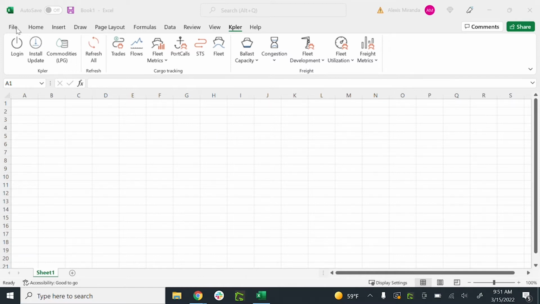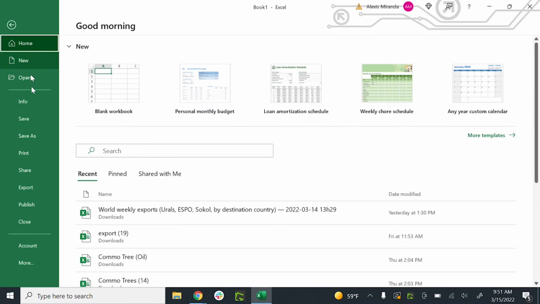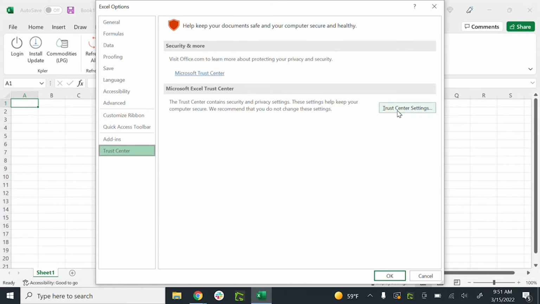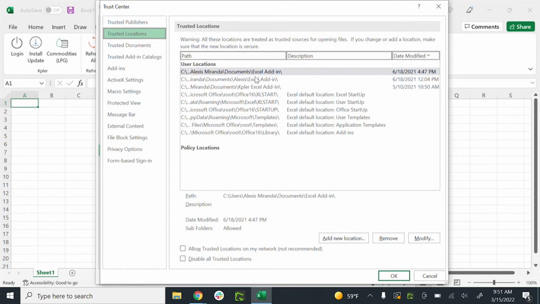First, we're going to go to File, Options, Trust Center Settings, go to Trusted Locations, click on Add a new location,